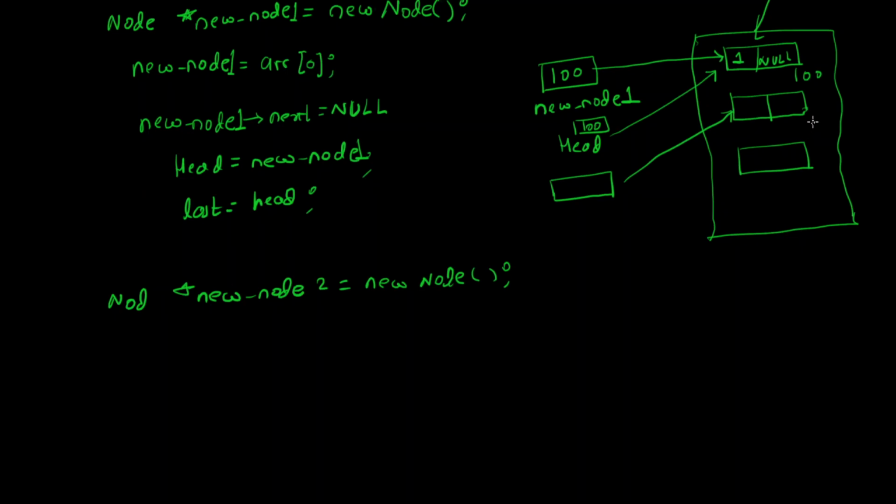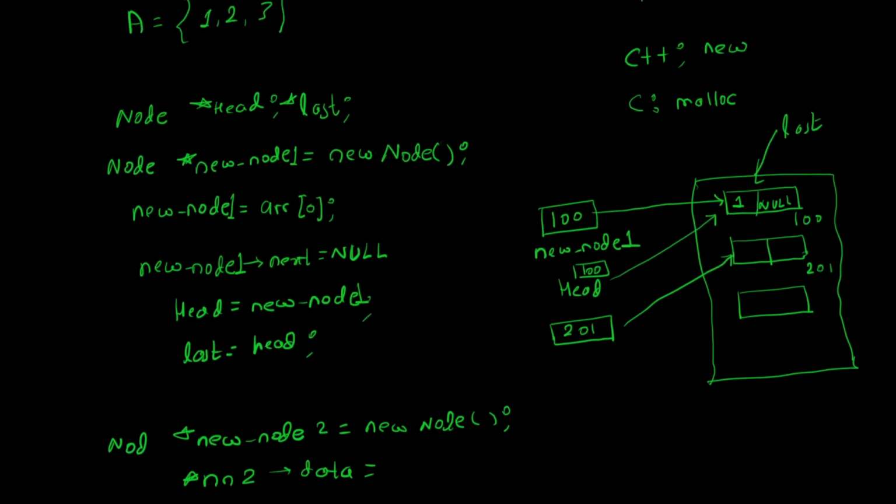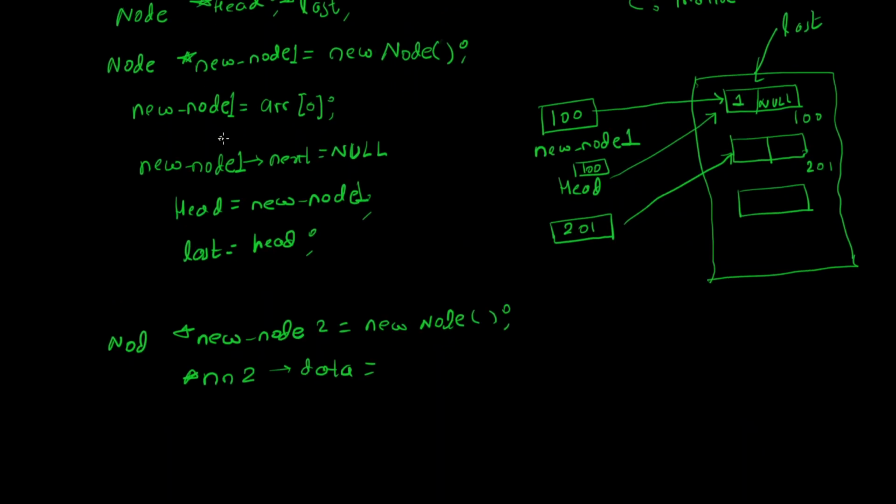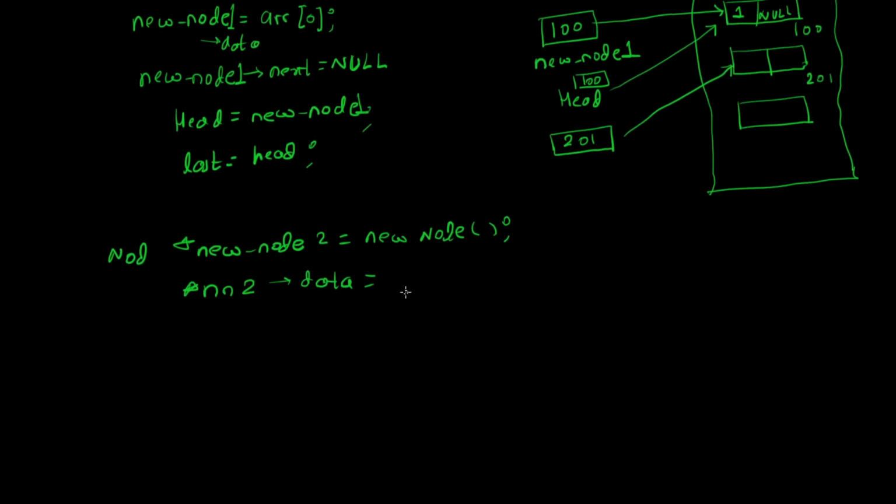And let's say this is 201, so what it's going to store is 201, pointing to this new address. Let's fill in the data. I will just write NN2 just for the sake of time. Data or value, you can say. Yeah, data, I guess. Okay, I forgot to put the data. Actually, it should be this data. Now the data we have to fill is, let's say, the second element of the array, arr[1]. We have filled value 2.